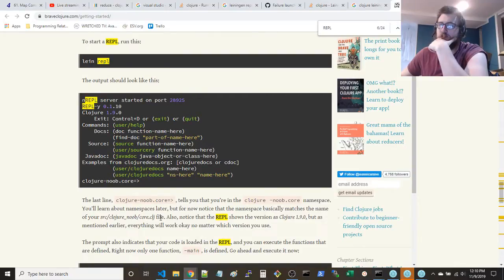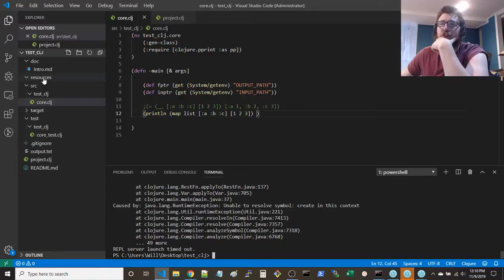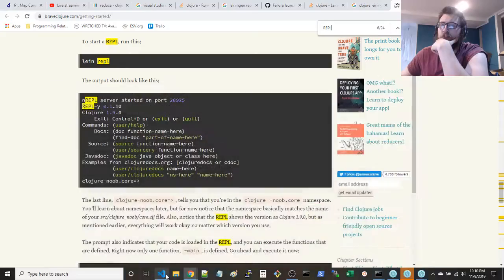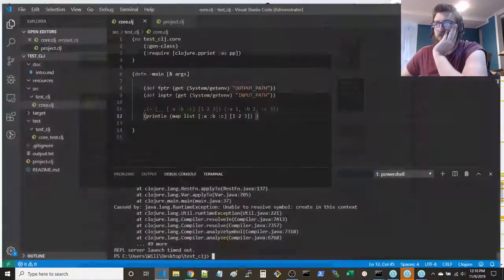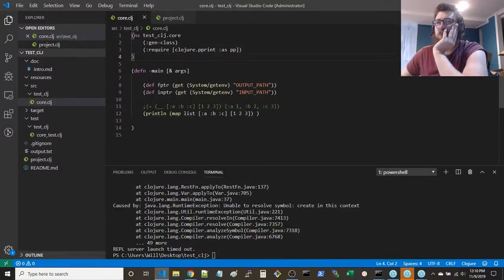Source Clojure core file. Maybe because it's a class.